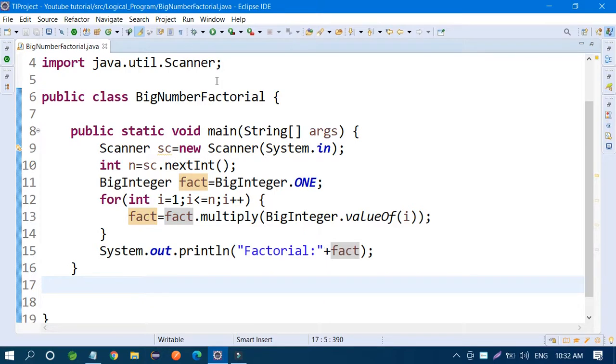I'm going to run this program just to show it. Just click on the run button. Where is the console?